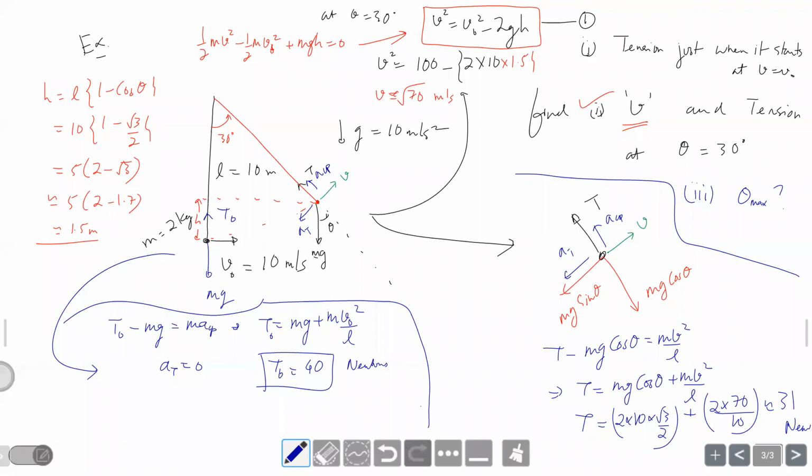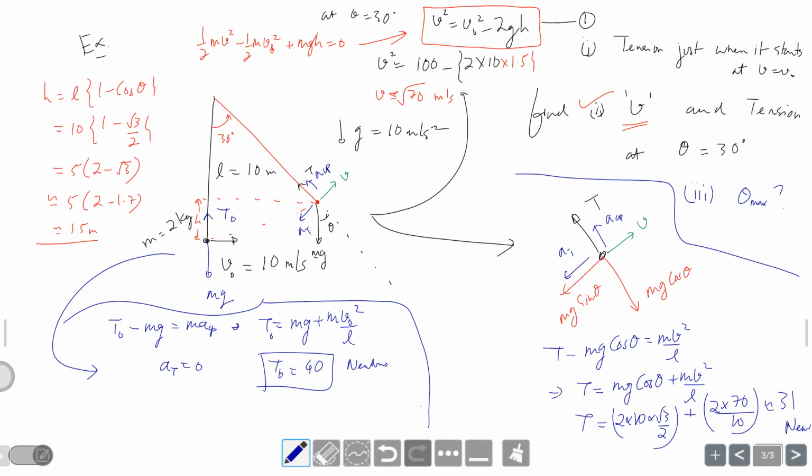Instead of seeing that theta has reached half, you see how your potential energy is increasing. It's increasing as a 1 minus cos theta function. So 1 minus cos theta should become half. Meaning if your potential energy at L is 200 joules, then where will it be 100? If 1 minus cos theta is half of 1.